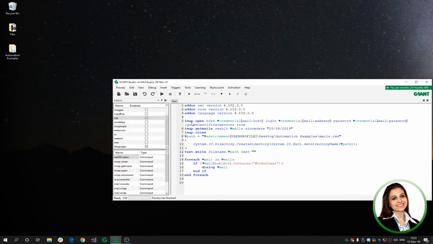And now we want to insert sender's address, mail subject, and mail body for all matching emails into the CSV file. So just change the code from the previous step a little. The mail variable is of mail structure, and there are several indexes that you can access. So instead of dialog mail here, we want to use the text write command, file name path, text,